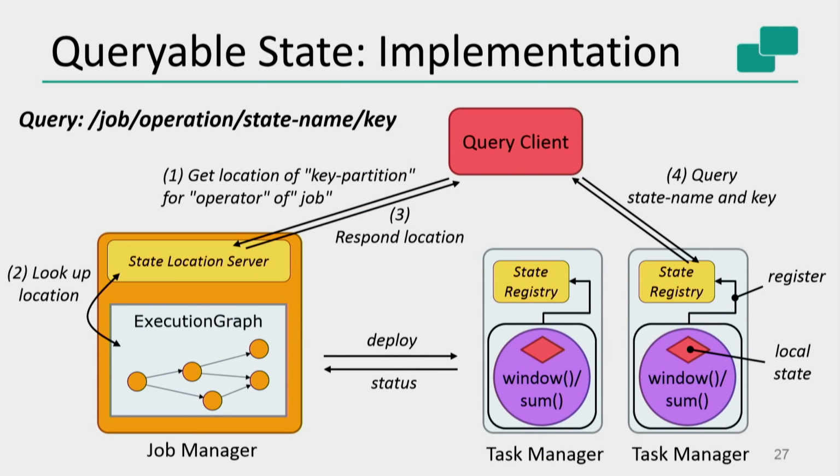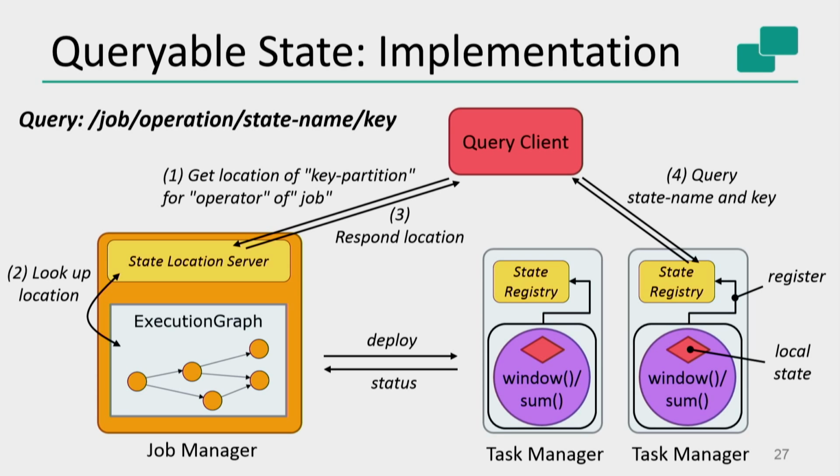So with Queryable state, there are actually two pretty lightweight components that we added to the system. Most of the logic is actually in the query client. So the first thing is that the job manager has an interface that basically lets you ask where a certain resource is currently executed. So let's assume that we want to access the state of a certain job, a certain operator. So job would be the ID or name of the